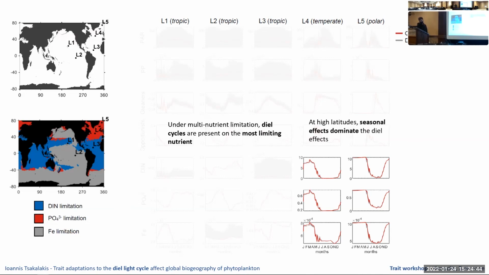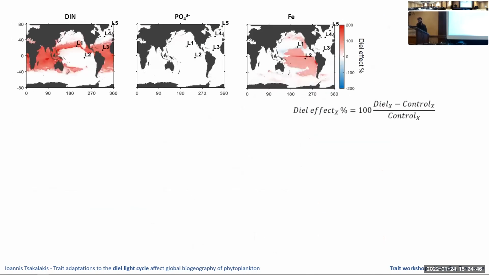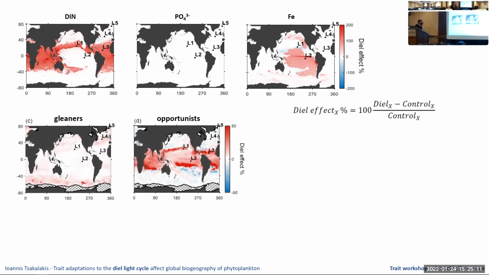And when we look at this plot, I have the difference between the concentrations we found in the diel simulation compared to the control. So if you see an increase there, it means that when we add diel cycles, we see an increase of nutrient concentrations. And you see that in the tropics we have some increases of nutrient concentrations that help the opportunists to do better